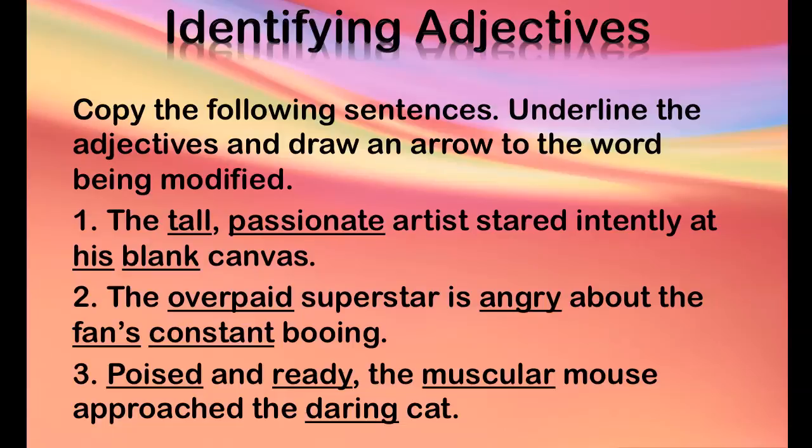And in number 3, poised and ready, the muscular mouse approached the daring cat. Poised, ready, and muscular, all 3 tell us more about the noun mouse. Daring tells us more about the noun